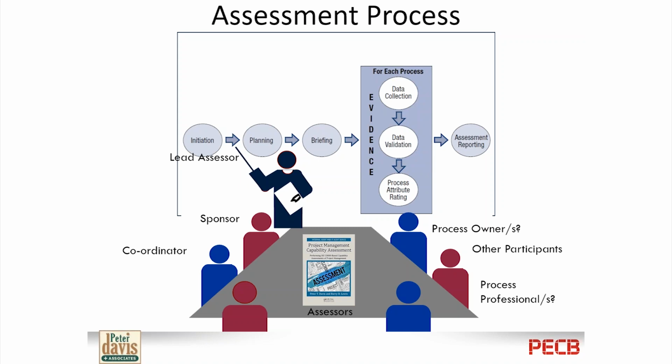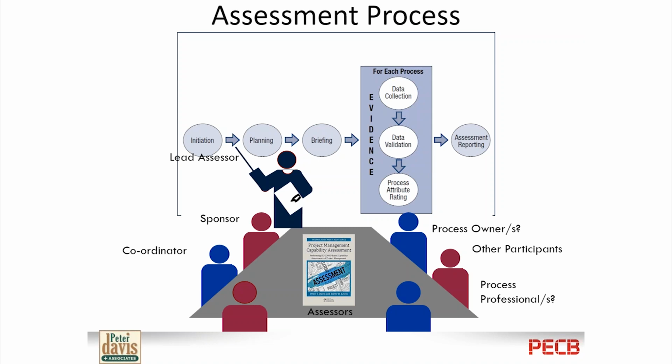If you want to do an overall assessment of project management, then yes, you'd have to look at 45 processes. But maybe you're only concerned about project governance. So you would just do the established and monitored processes. Or maybe you're just concerned with IT investments, so you'd only look at those ones, right? So you decide which processes, and for each process, we have to gather evidence on which to make our ratings,